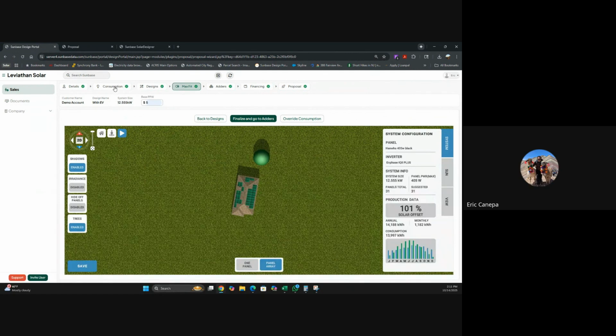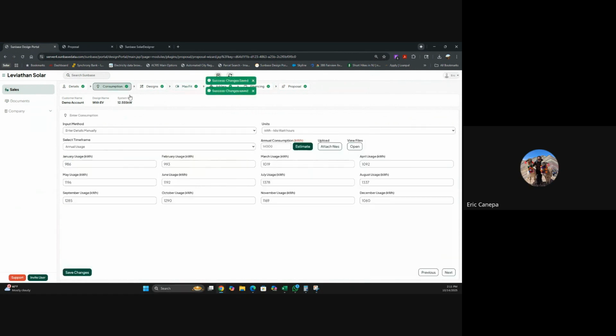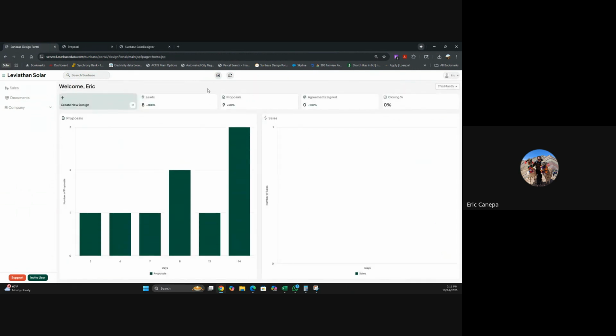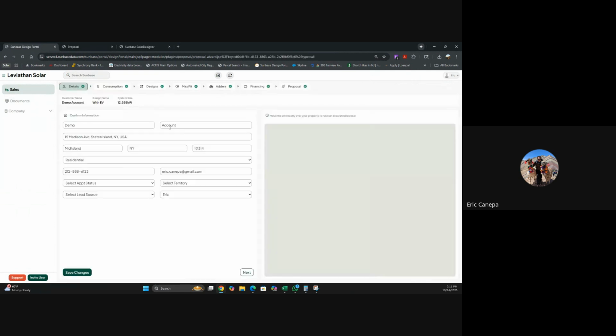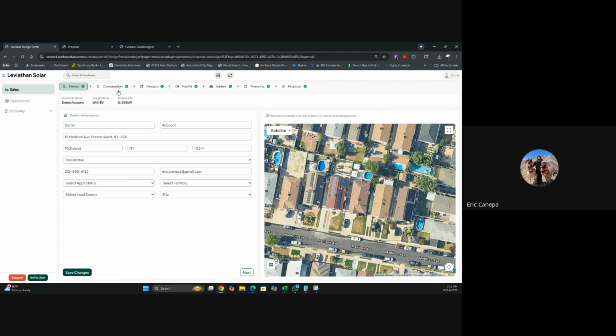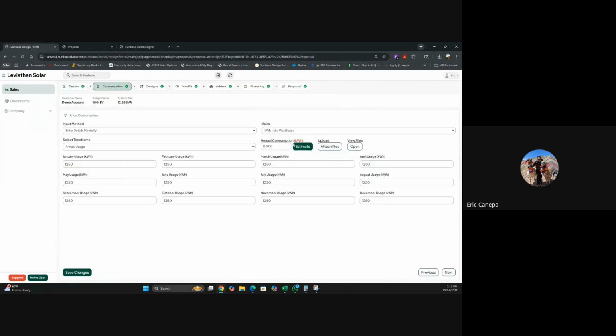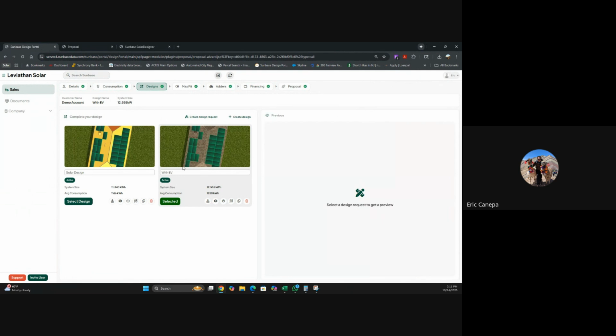And I can also now go into consumption right here. Let's just say that the consumption with a heat pump or with an EV is 15,000. If I press estimate here, sorry, that was my internet. But if I go 15, all right, perfect. So it did that. Now if I go to 15,000 and I go to designs, this one is selected,